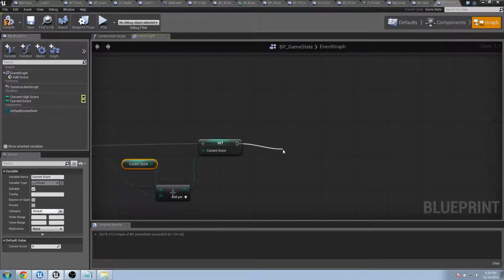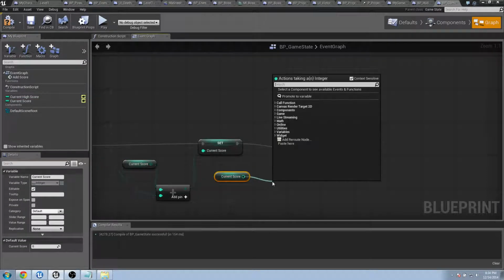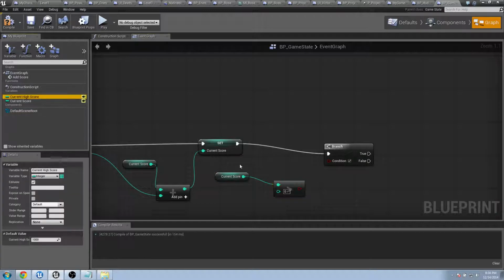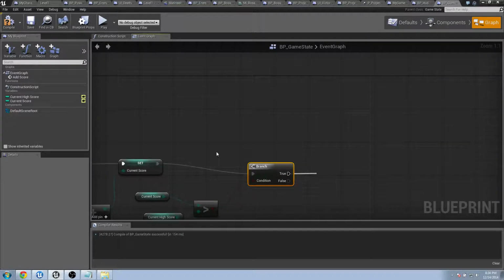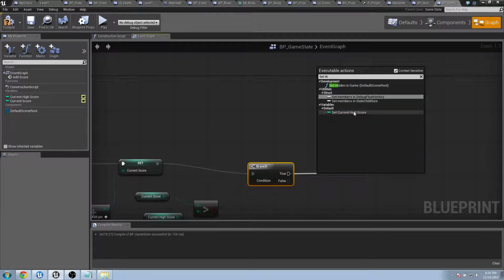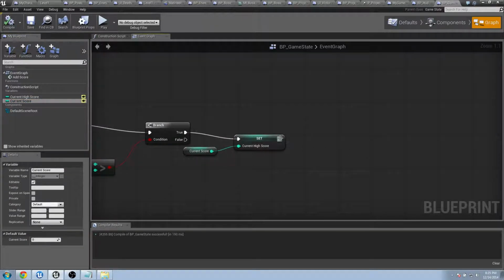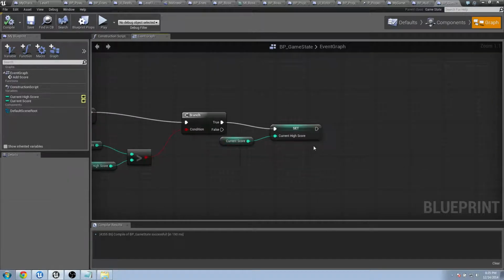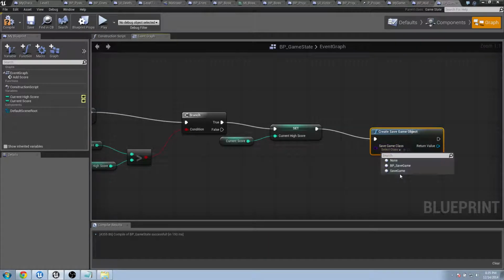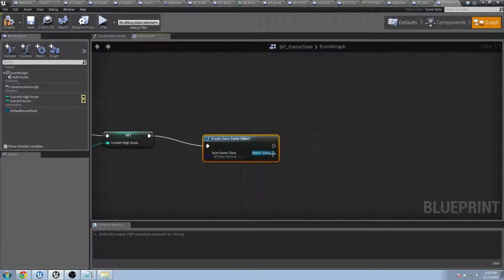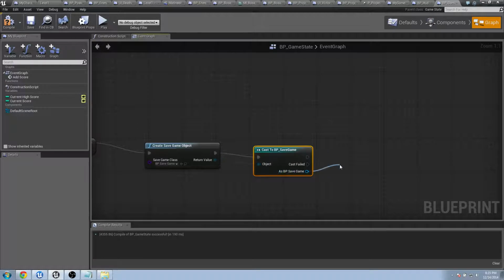Okay, and we'll do a branch. We'll see if the current score is greater than current high score, and if it is, we'll set the high score equal to the current score, and we'll also save the game. So in order to save the game, drag a wire off here, we'll do a create save game object, and we'll select our save game from there, and in here, this return value, we're going to cast it to our own save game, and now from here we can set the